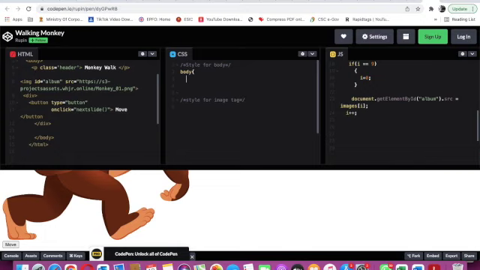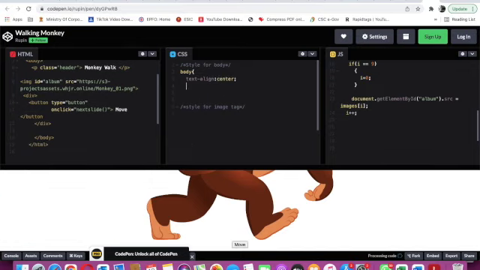I will give space and here I will type text-align, and then text-align will be center. Now I will give enter. Text-align center. This is enough.